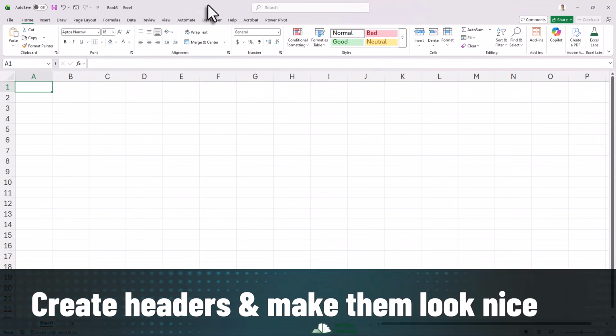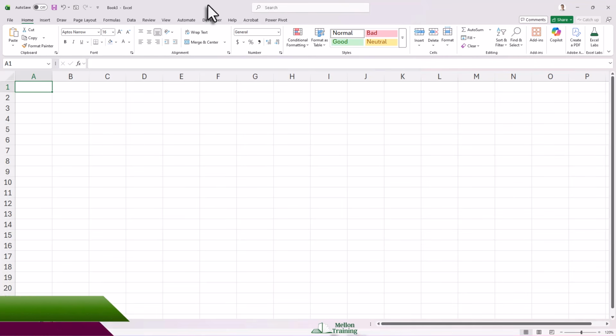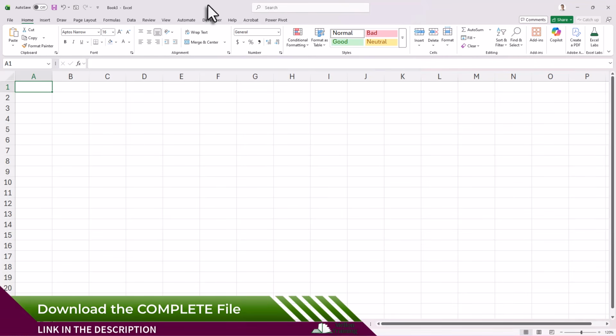Alright, I'm starting with a brand new blank Excel file. The first thing I do is create the headers across the top. These are basically the categories you want for each plan. So in the first row, starting from cell A1, I'm going to type date, time,